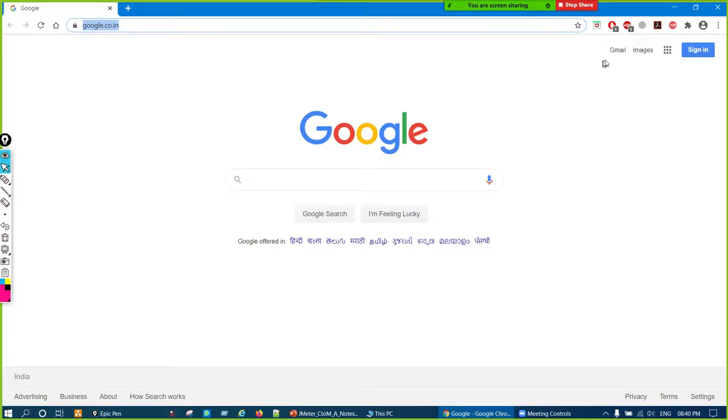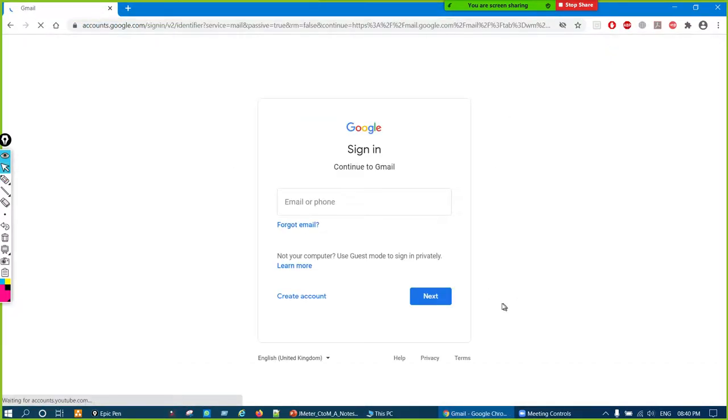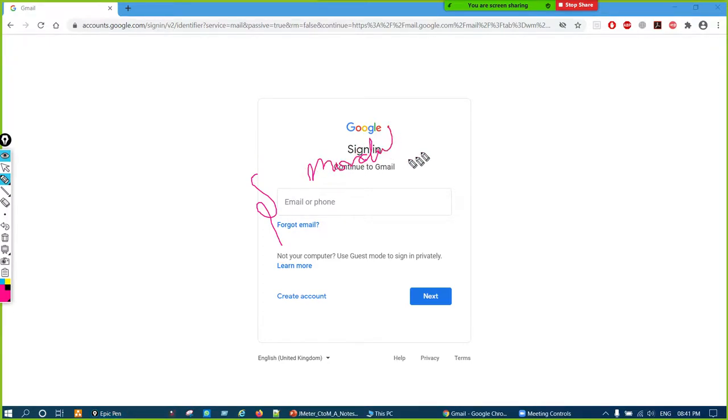let us say we click on Gmail, and then the login page will come, right? So this logging in and then logging out will be treated as a small module, right? So this is how development occurs nowadays. Small modules are developed and then they are integrated, right? So that is what a module is.